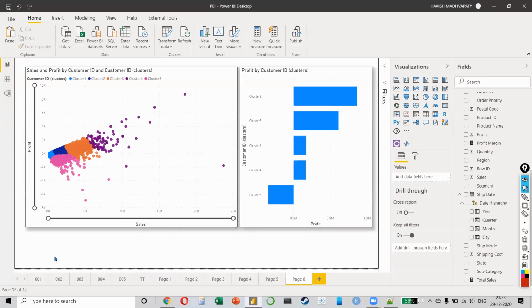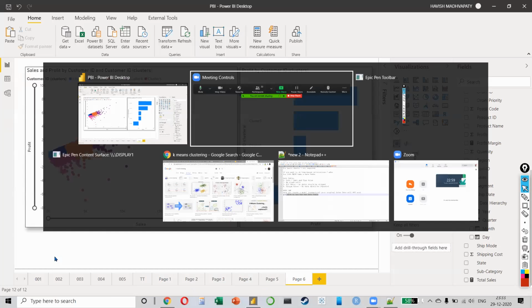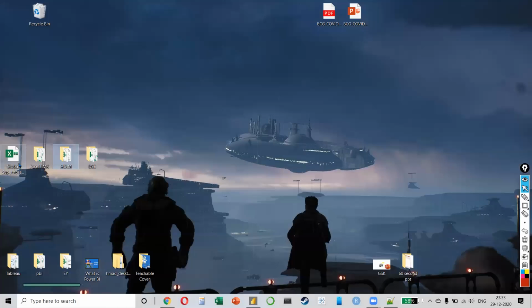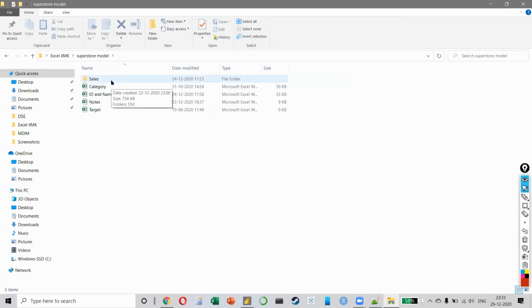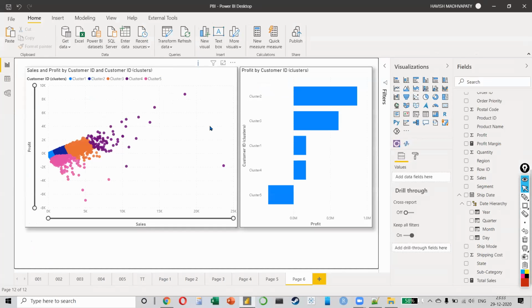The agenda for tomorrow is 2 things. We'll spend 1 hour working on a model, right? The model means that I'll be sharing a problem with you like this, where there are multiple files in a folder, right? We are not working on a single file. We are working on multiple files, and I'll tell you how to combine all these files into a single model, right? And then, so we'll work on this for about 1 hour. And then for the next 15-20 minutes, I'll tell you how to publish the work that you have done, how to publish it on the internet, how to present it, how to share it with other people, things like that.